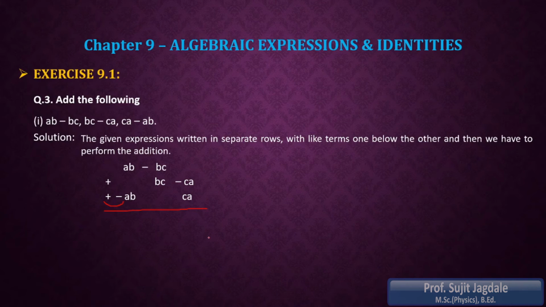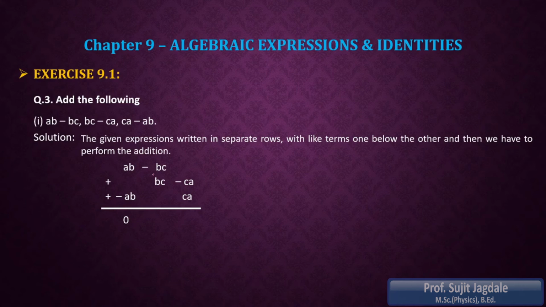While performing addition, just remember you have to write down the variables as they are. In the first column, the variables are AB, which are the same variables, so we write AB as it is. What is the remainder now? From AB I removed the AB, so 1 is the remainder, and from minus AB I removed the AB, so the remainder is minus 1. So 1 minus 1 is 0. 0 into AB will be 0, therefore their addition will be 0.